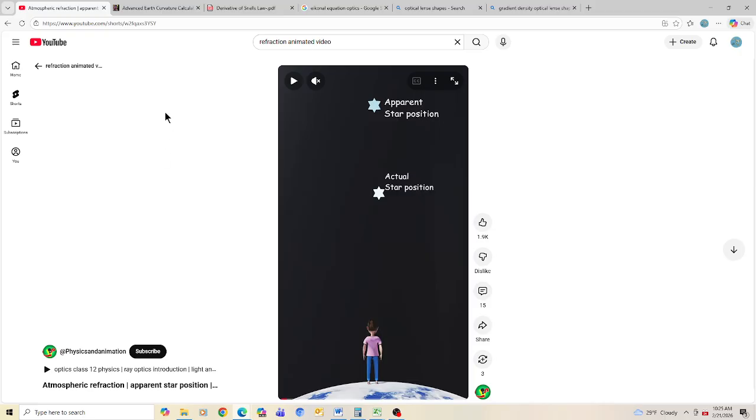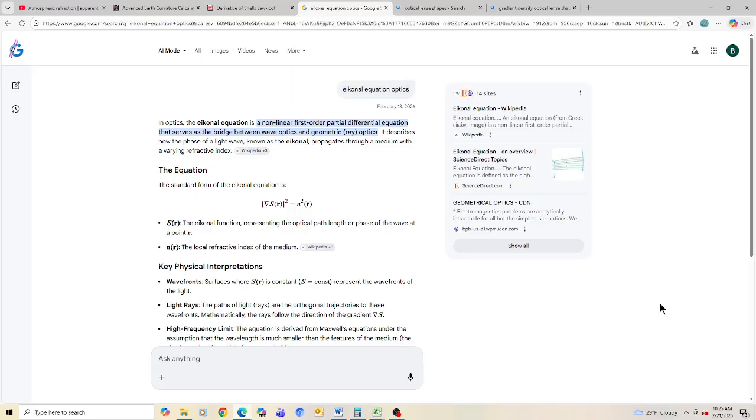So while I've been debating individuals lately, an individual threw out the term iconal equation for optics. And again, this would be what anyone grinding lenses, anyone in the optics field